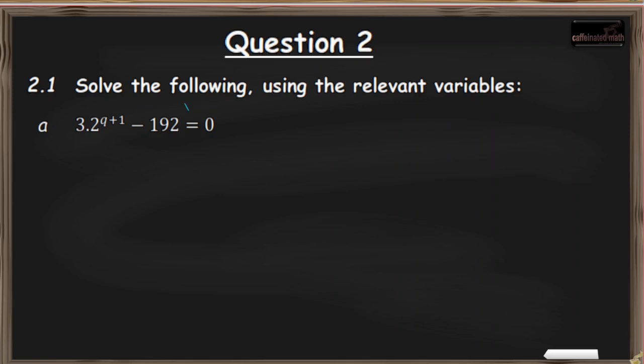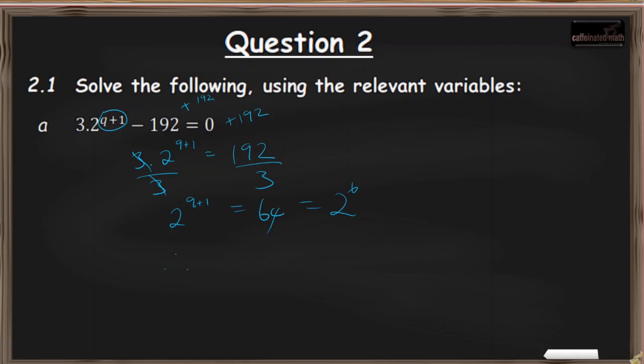Well, first things first, this is exponential because we have a variable in the exponent, which means we don't want the 0 on the other side, we want an actual number. So we are going to transpose the numbers that we have. First things first, let's add 192 both to the left and right hand side. So this then becomes 3 multiplied by 2 to the power q plus 1 being equal to 192. We can divide both sides by 3 because there's a coefficient here that we don't want. That means 2 to the power q plus 1 is equal to 64, which you know is just 2 to